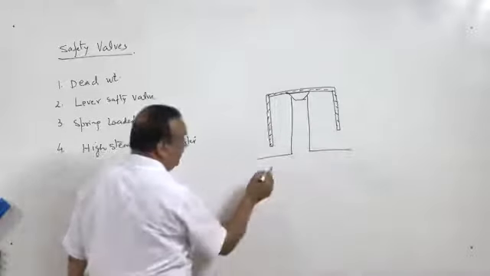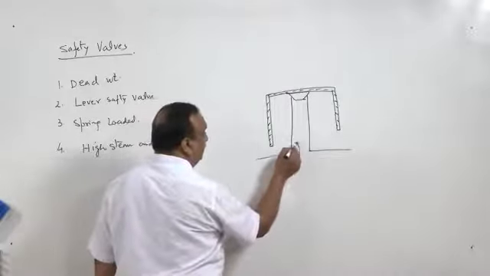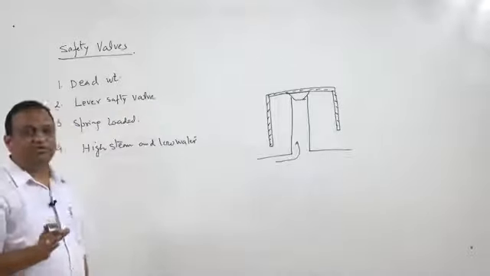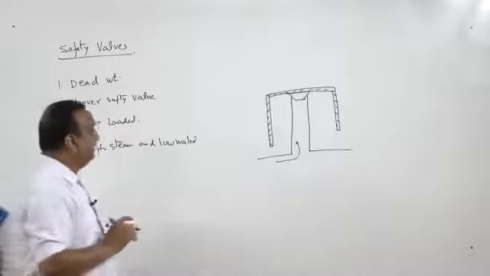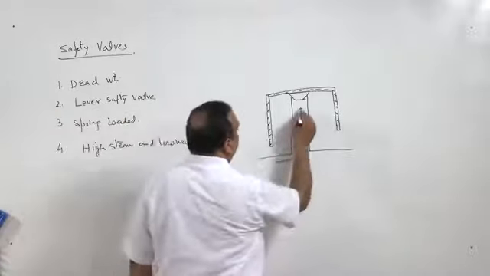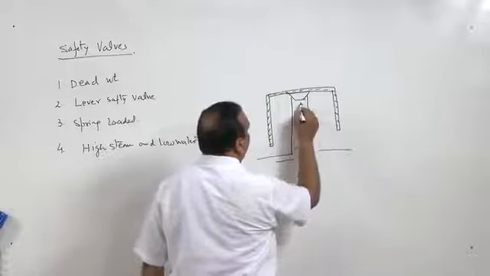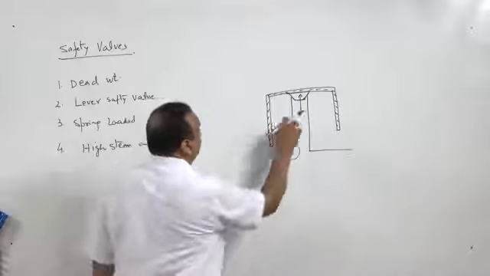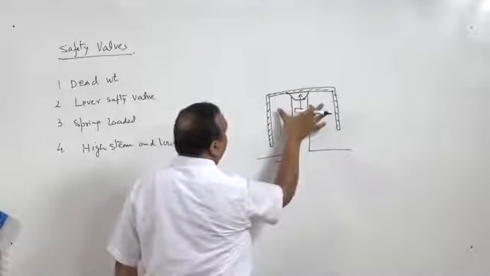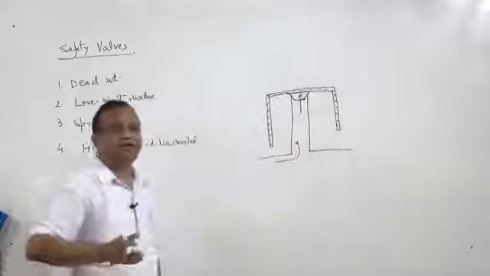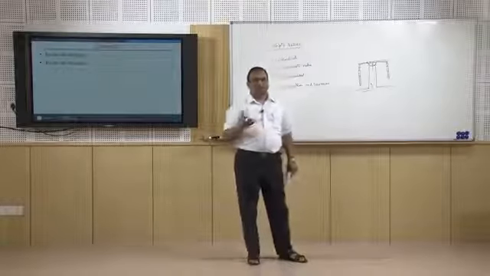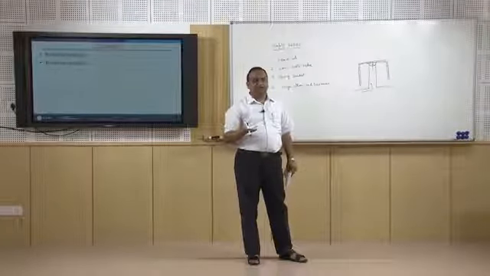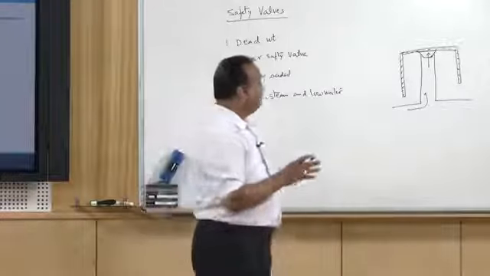So, the steam in the boiler shell, when pressure exceeds the working pressure, the pressure we have decided for the boiler to work, in that case this steam exerts force on this closing body and it opens the valve. This entire body lifts, as you must have seen in the pressure cooker. When the pressure exceeds a certain limit, the whistle of the pressure cooker lifts and the steam is vented off. In the same fashion it works.